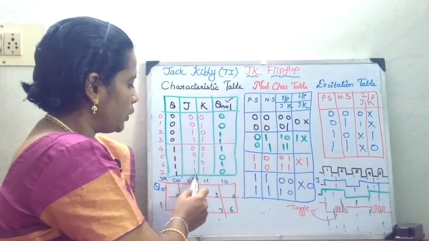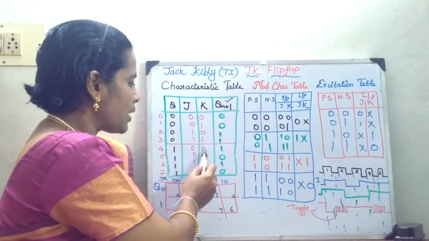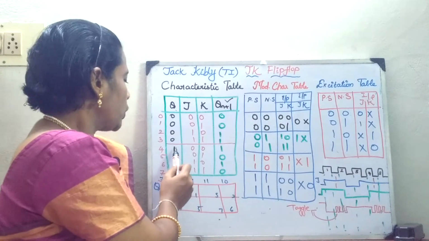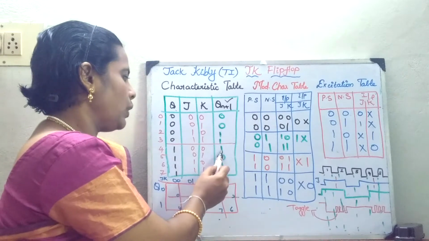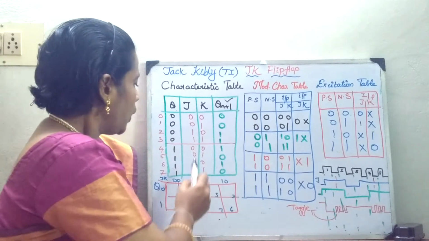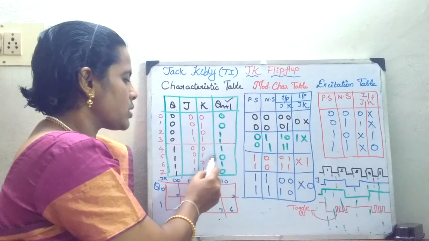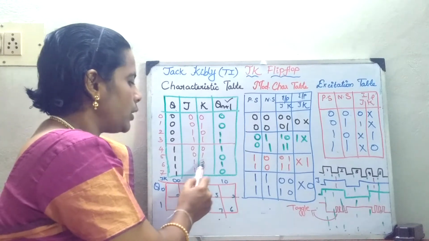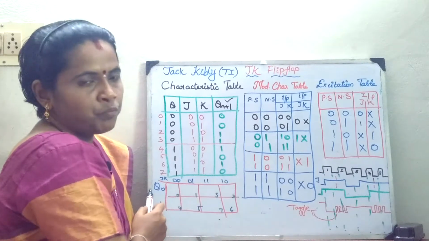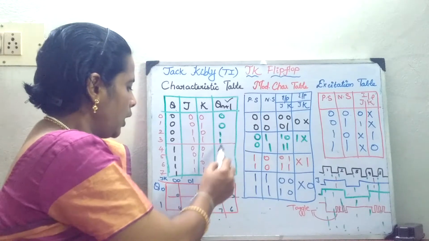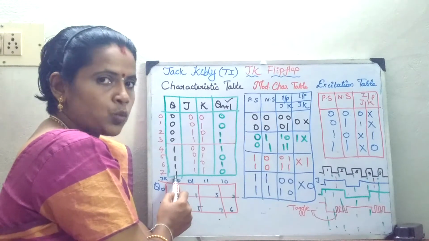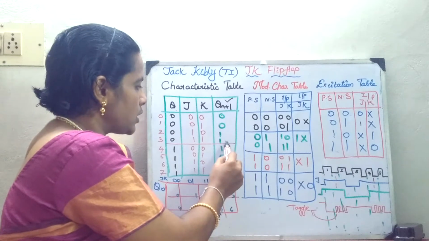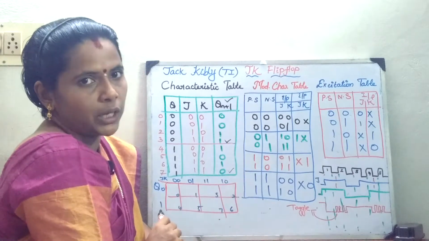Now, we will move on to the next condition. When the inputs are 0, 0 and the present state is 1, it is the no change condition. So, this 1 which is existing in the present state will appear in the next state. When it is 0, 1, it is going to reset my flip-flop to 0. When the set is 1, it is going to set my flip-flop to 1. When it is 1, 1, you can see the previous state was 1, so it changes my state to 0. So, this condition is the toggle condition in your JK flip-flop.